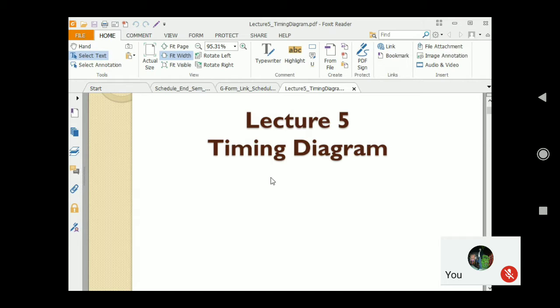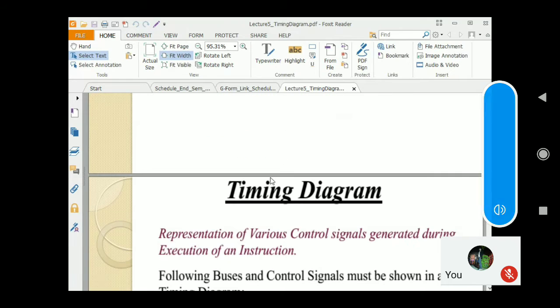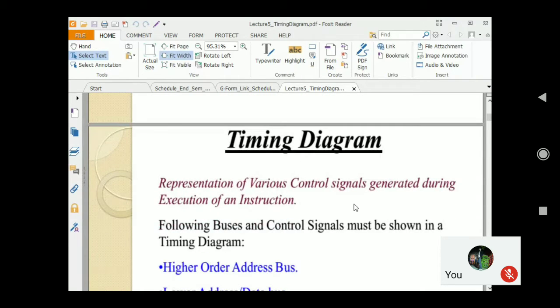This is important because, suppose I have a set of instructions, that set of instructions can be represented in the form of graphs or some pictorial representation. If I want to write or draw it, we can use a timing diagram. We have a set of instructions, and I draw them in the form of a pictorial or graphical representation. That is called the timing diagram. So the definition is just a representation of all my instructions.